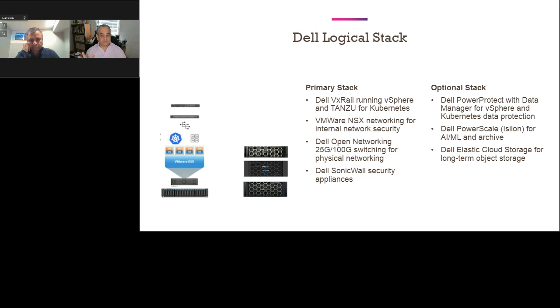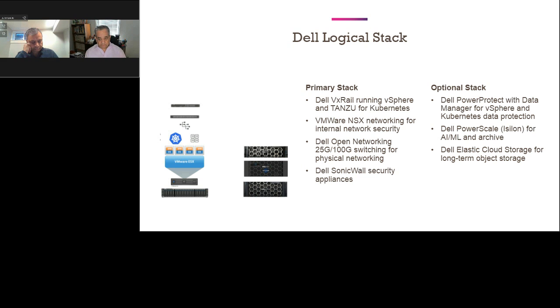It's the easy button for Kubernetes on premises. NSX for the networking security makes sure that only the right components are talking to each other. The Dell networking provides the high bandwidth, high performance switching that's necessary, and SonicWall is the advanced firewall to protect the perimeter of the environment.